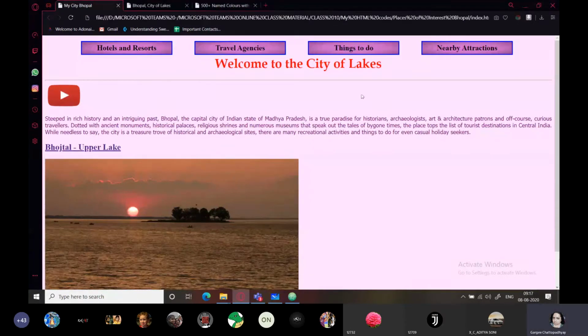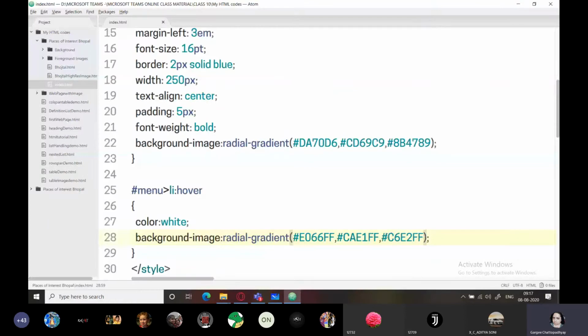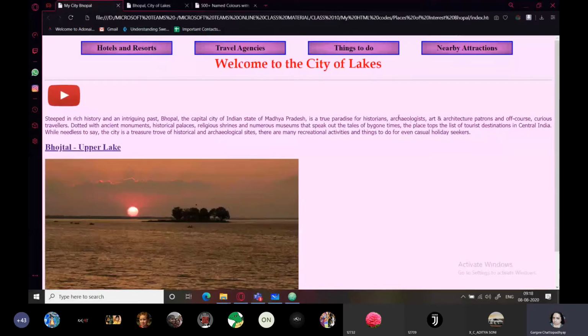Very light. Okay, so what I need to do is choose some color which is a little darker. Let me take cornflower blue, and I will take this as the last color. You can do a lot of hit and trial with your colors and see which looks good. Still it is very light, so in the center you can just change the colors.